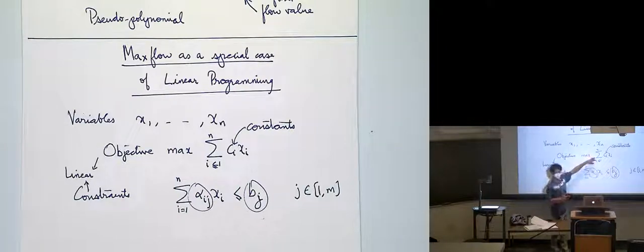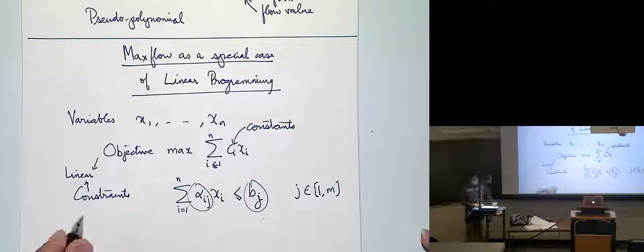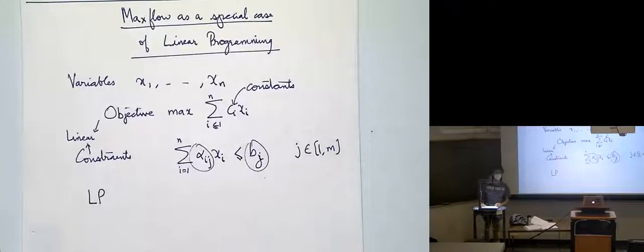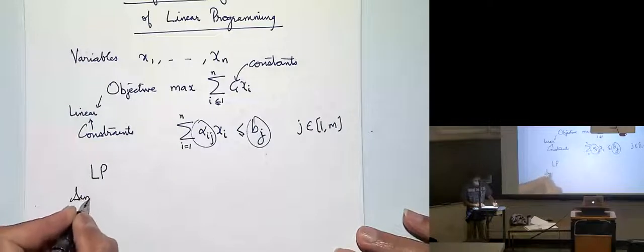The objective was just the amount of flow going outside of one vertex. But everything is linear. Right? Everything is linear. And this is also known as an LP, if you've ever heard of it. This is one of the most fundamental optimization problems that comes up. And indeed, the simplex algorithm